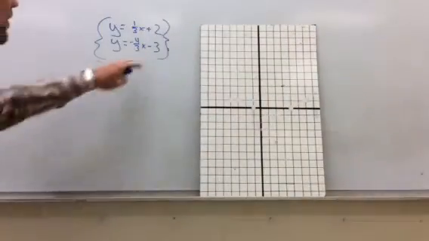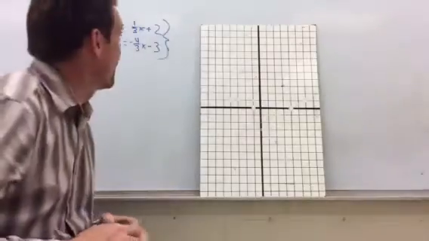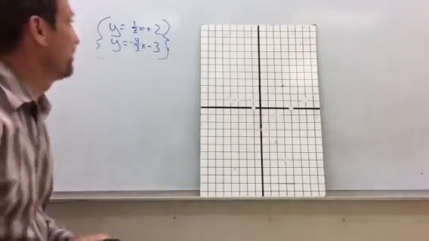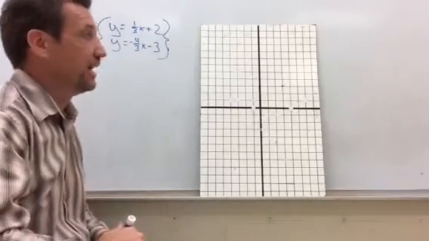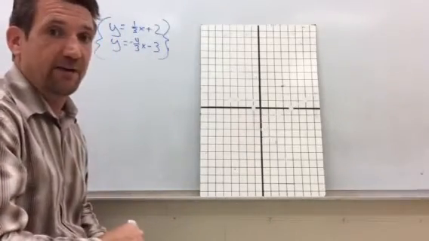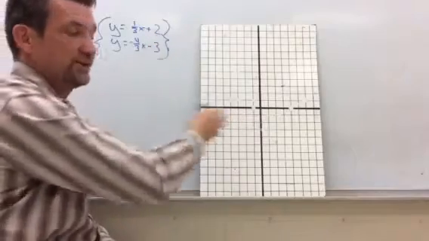Okay, we solve a system of equations by graphing. If you look at the board here, we have a couple equations. We have a system of equations, y equals 1/3 x plus 2, y equals negative 4/3 x minus 3. If we're going to solve this system by graphing, we're going to graph both of these equations on the same